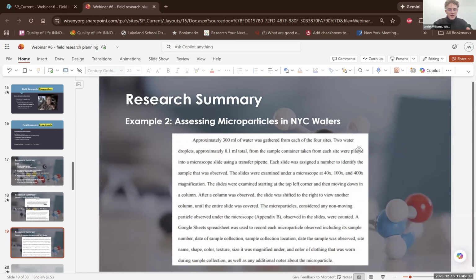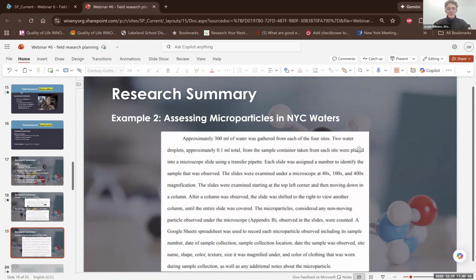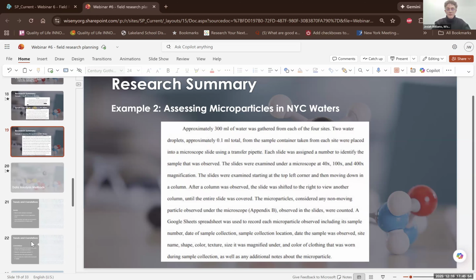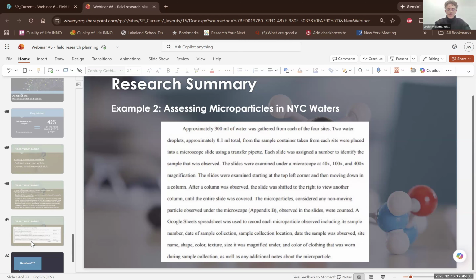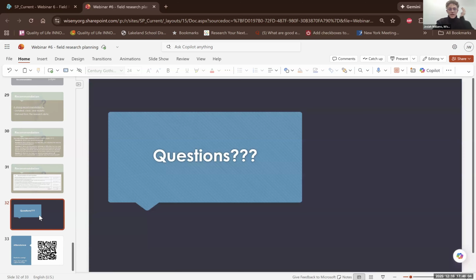So this is just another really cool example of different ways to write about your research. And I hope it gives some food for thought and maybe gives some practical examples of translating your research into written word or into an actual design. And that is everything I have for this